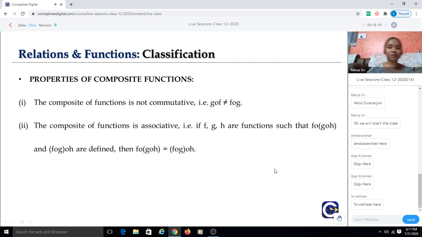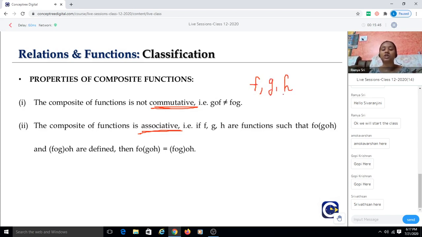So moving on to our second property. Our second property is that the composition of functions is associative. So it's not commutative, but it is associative. To write associativity, we should have three functions. So first let us consider three different functions. Here we are going to consider three functions f, g as well as h. So these are our three functions here, right? So according to associativity, for example, I am writing f of g of h, that means f of g of h of x.